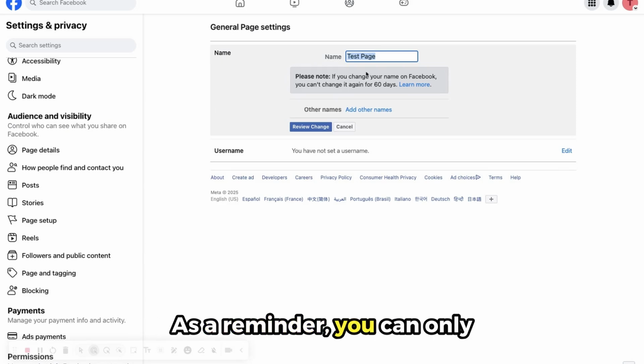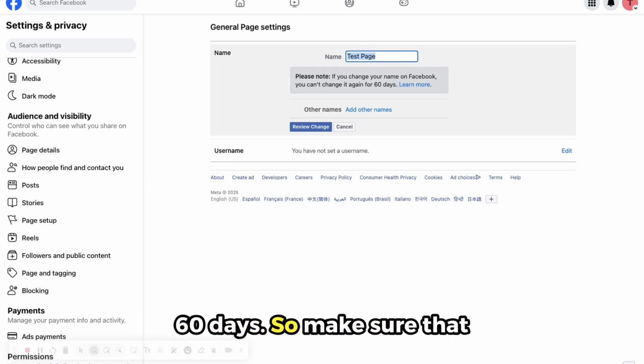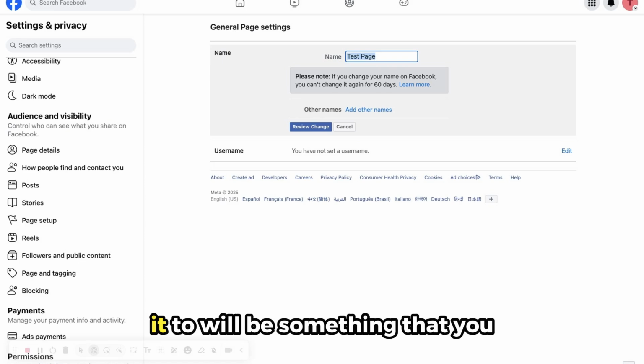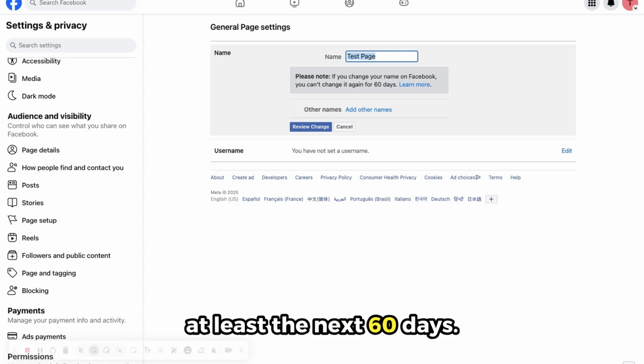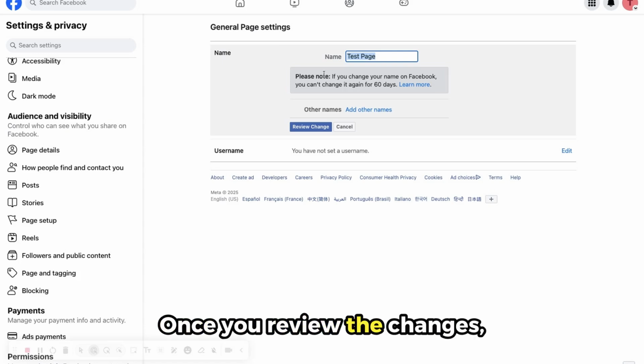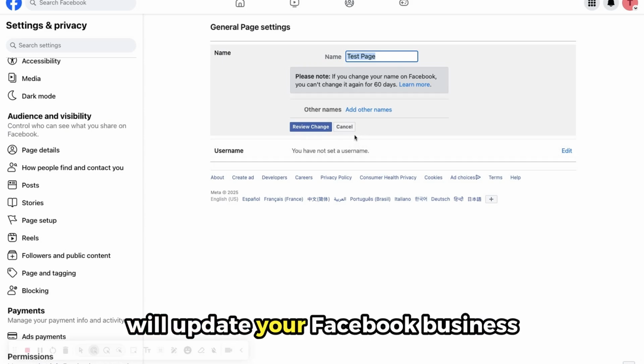As a reminder, you can only change your Facebook name every 60 days. So make sure that the name that you're changing it to will be something that you are actually committing to for at least the next 60 days. Once you review the changes, you're going to go ahead and select Review Changes, and that will update your Facebook